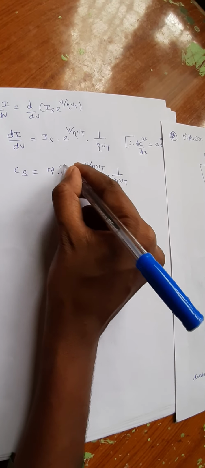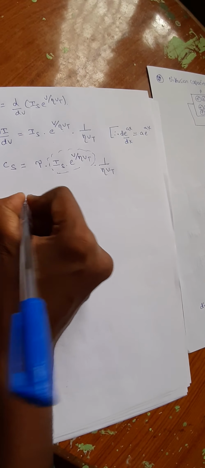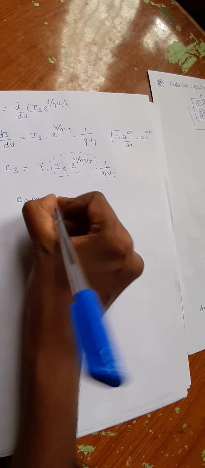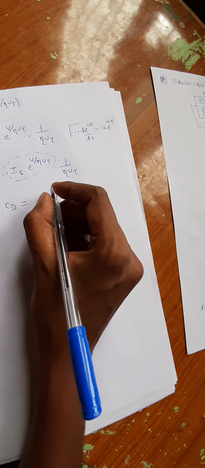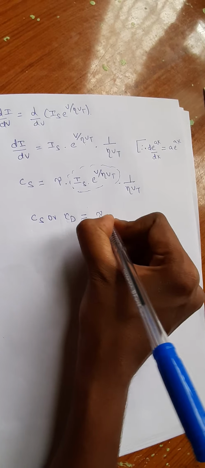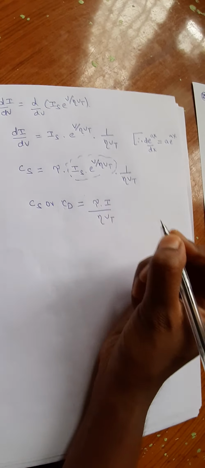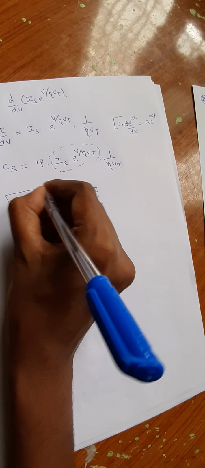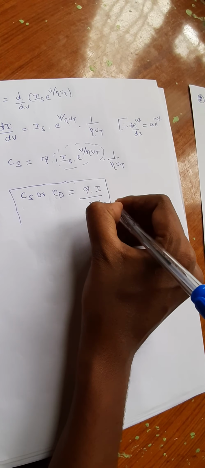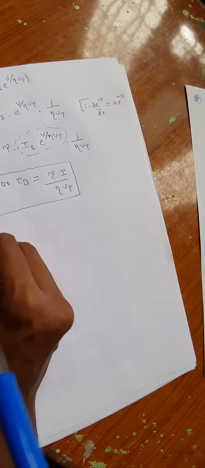So we can write Is e power v by eta Vt simply as I. So Cs or CD, the diffusion capacitance of the diode under forward bias condition, is given as tau multiplied by I divided by eta Vt. Here, the diffusion capacitance of the diode under the forward bias condition. Okay, where Vt is equal to,